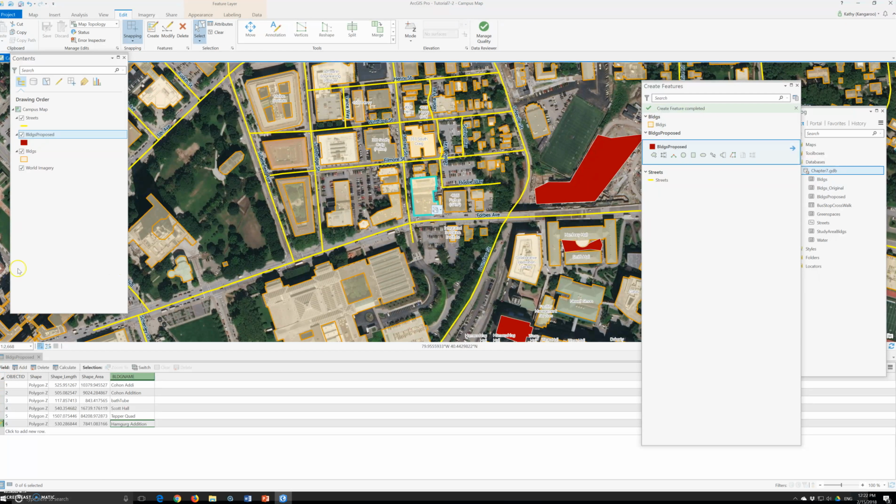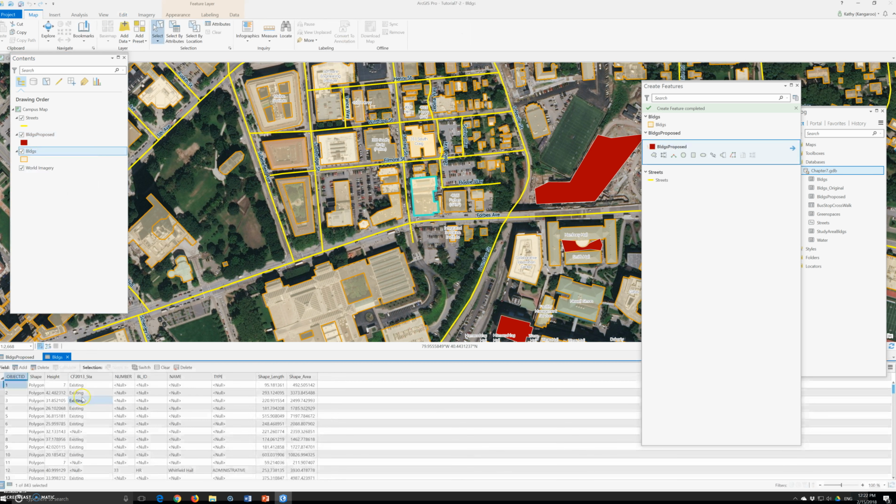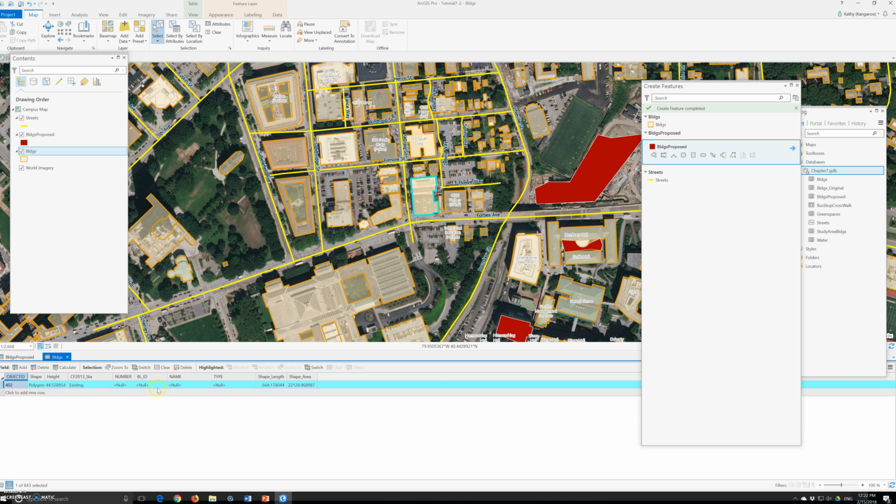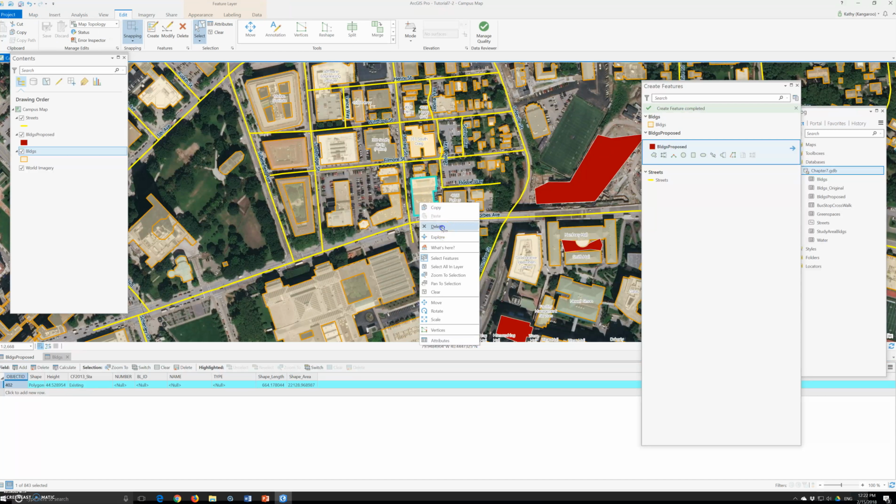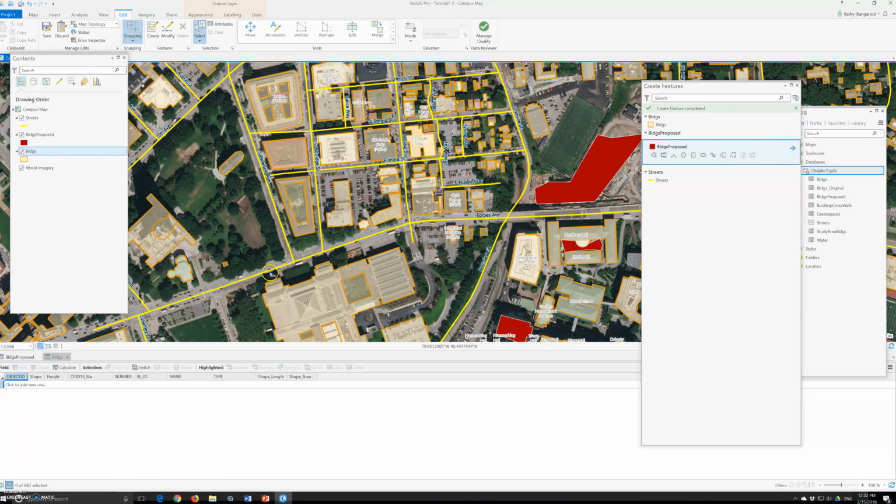Select. So, go to buildings and open attribute table. Perfect. And then if I select it, and then we can see, yeah, this one has no name. And you can just right click on it, delete. There. And then we save the changes, click save, and then it's gone. Okay. And then we will